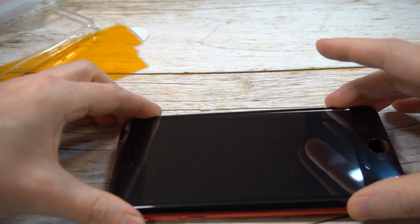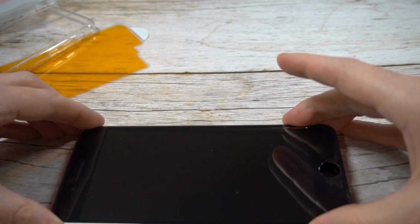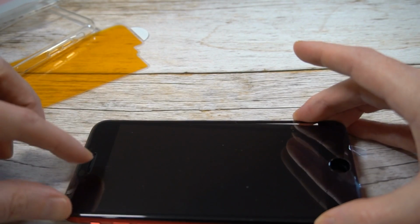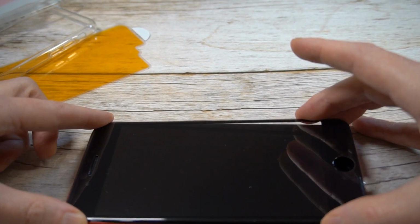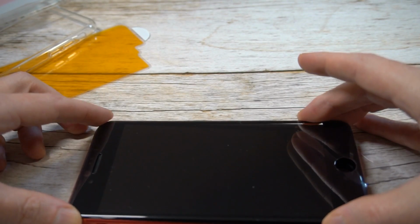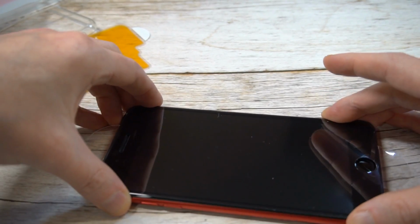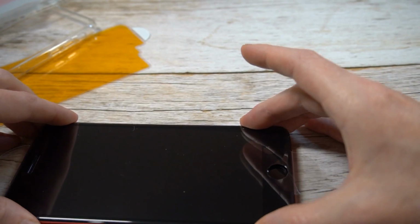And then what you want to do, I always just find a starting point, and what I usually do is use the fingerprint sensor or the camera area in terms of the speaker up top, and that'll be my starting point where I do the alignment. So it looks pretty good. Let's see right there, and then use your finger as a guiding point around the edges as well. And then again, you do want to make sure you're getting that circle lined up just right around the circle for the fingerprint sensor,